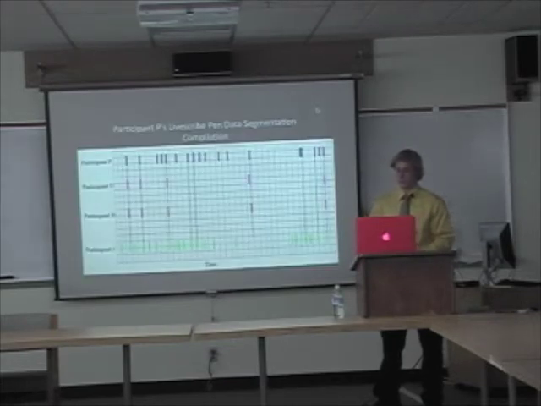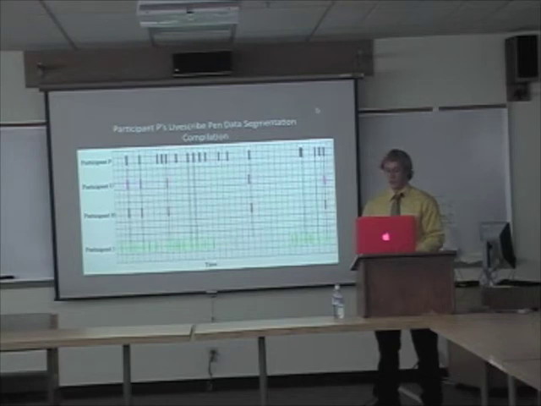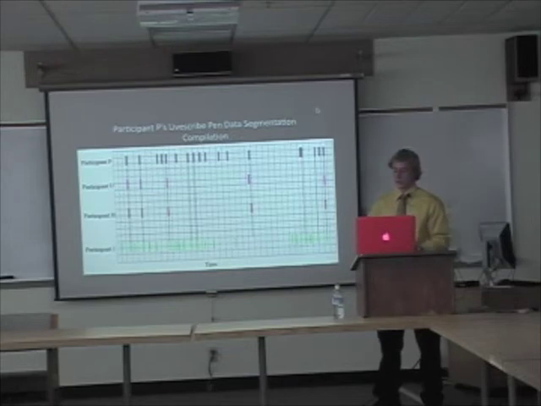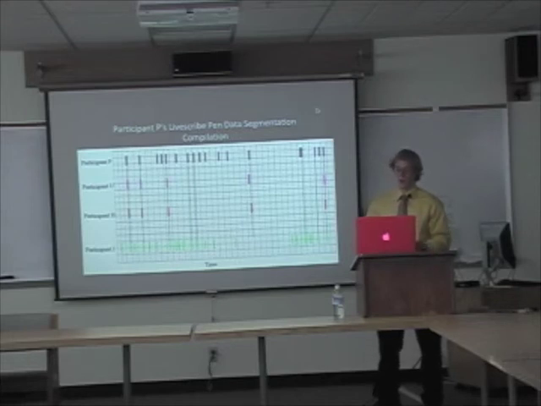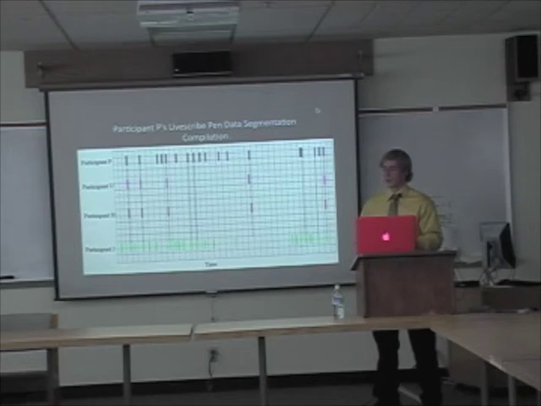So then for the LiveScribe data set, the interesting thing is everyone pretty much segments at the end of a page. In addition to that, one of the participants tried to segment at the end of every drawing, which correlated with participant P's end of every drawing. But the reason he segmented there was contextual cues, which weren't the same as the participant J scenarios, but they just happened to line up.